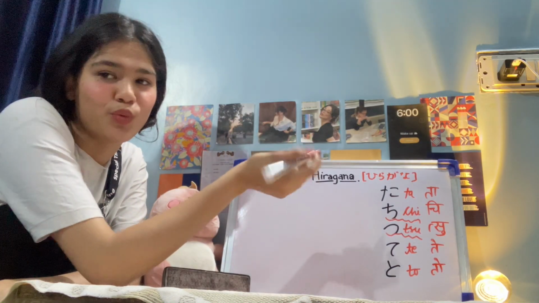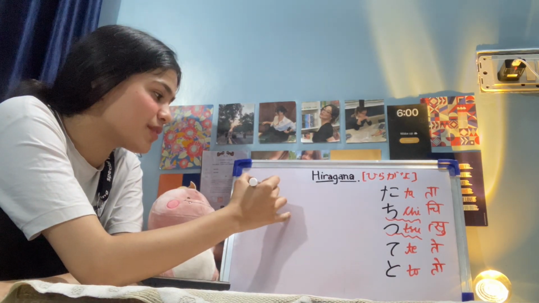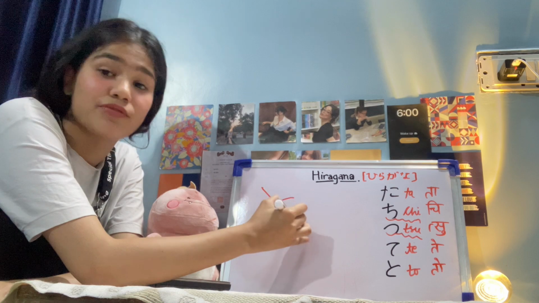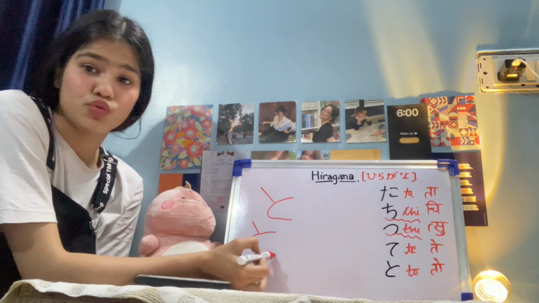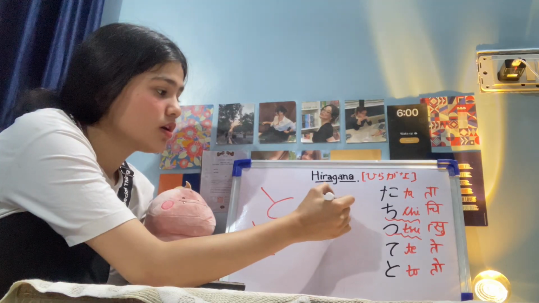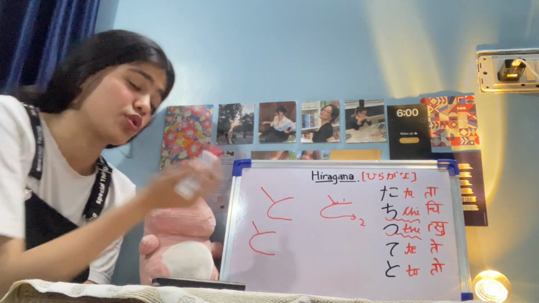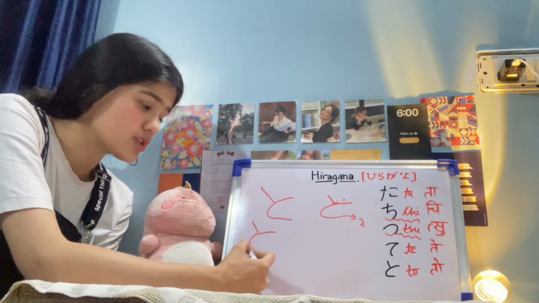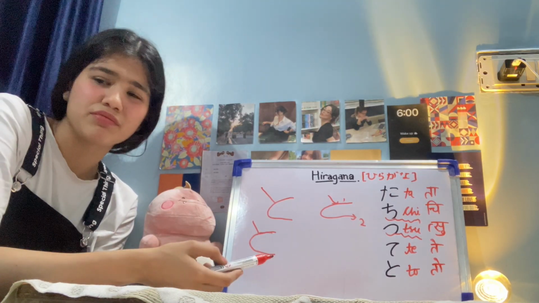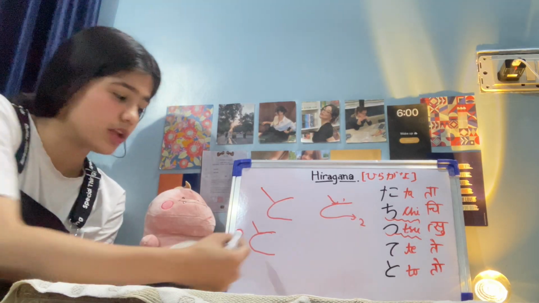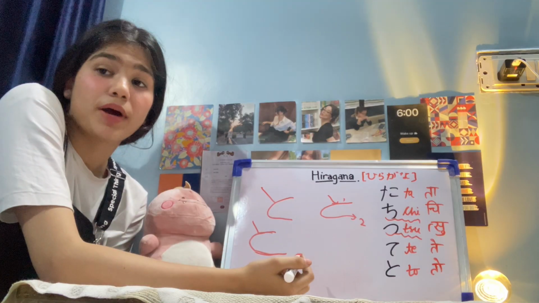Then we have to, which is also a funny one. It can be remembered in 2 different ways. First, we're gonna make it this way: 1 and 2. So there's 2 ways. One, you can go with a treadmill. It looks like a treadmill, like a handle or any kind of gym equipment. It kind of looks like that. So if you can remember it that way, good for you. But I remembered,